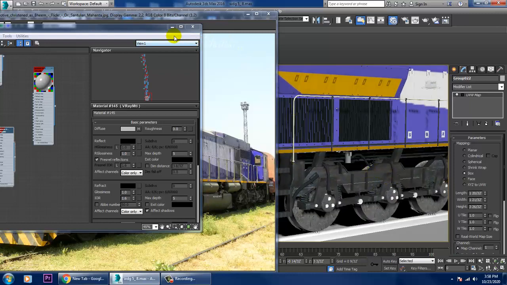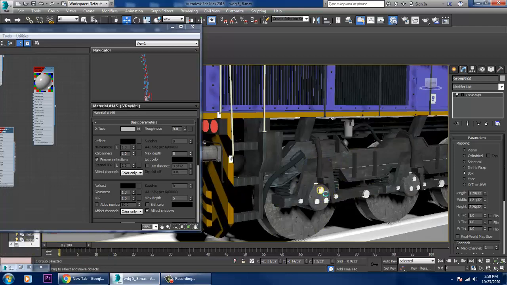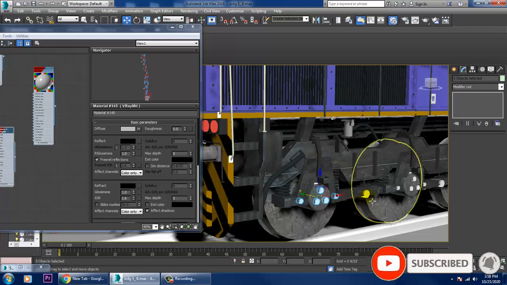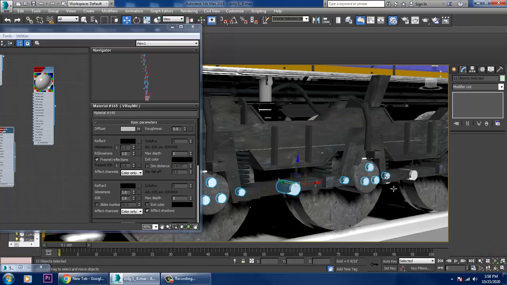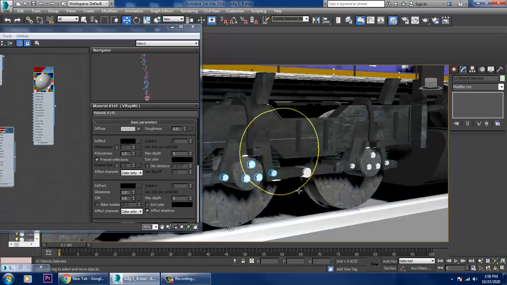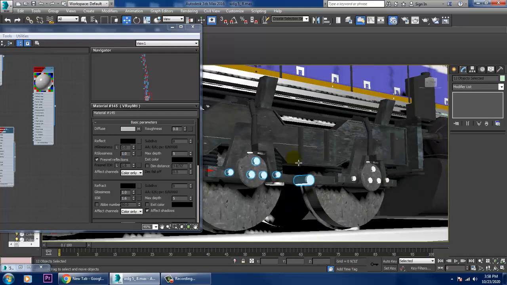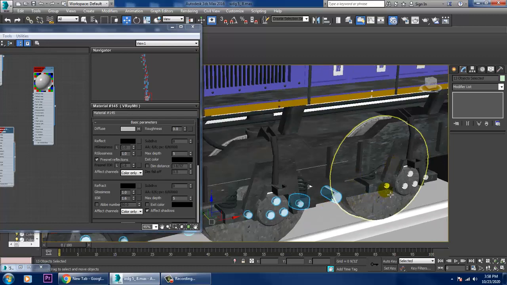So now we'll go again into this and the things that your bolts, these are your bolts or something. For that we'll be giving a single color.